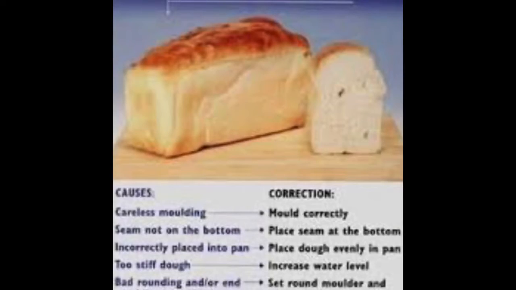Irregularity means when the molding has been done loose, or molding where you have given uneven pressure while molding. Somewhere you have put more pressure, somewhere you have put less pressure, and they will cause large pockets of air in the folds, and then you will get irregularity in the shape of the bread. It will not be an even bread loaf, and an even pressure during molding will give rise to regular loaf size, loaf volume.